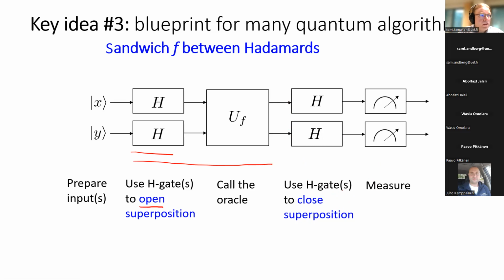This general design principle holds for many of the algorithms, including the ones that I listed there, apart from Grover. But this is still the general idea. If you remember this idea, you can get some sense of what's happening in these different quantum algorithms. Obviously the devil is in the detail, like always.